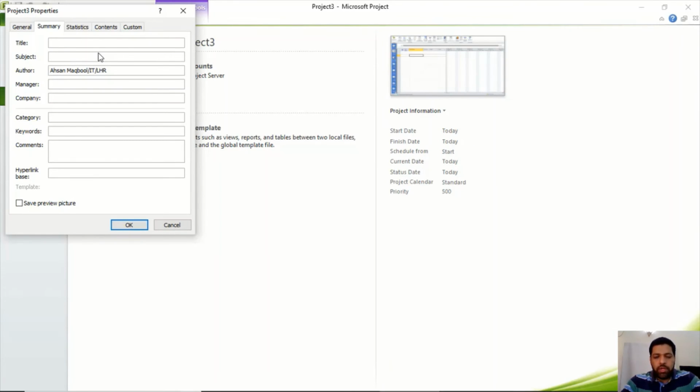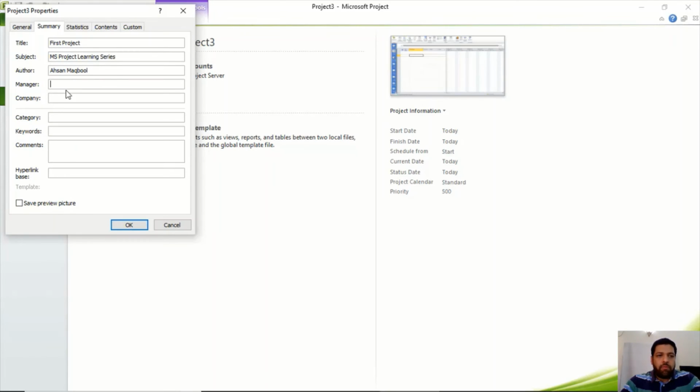I am going to say our first project. I am writing author is Ehsan Maqbool, and then you can set the basic settings. These can be used while you print a file for your project, the headers and footers, all this information can be used. As subject, this is the MS Project learning series.